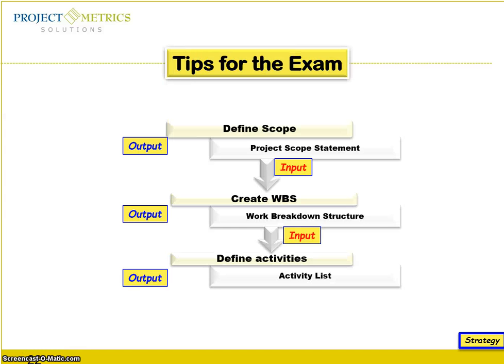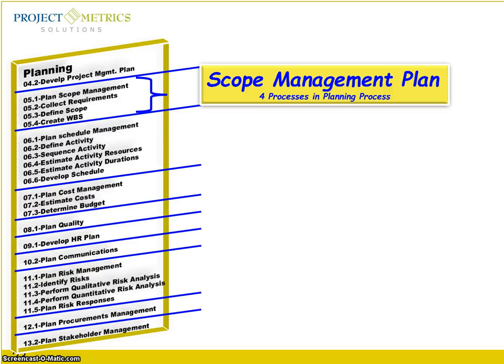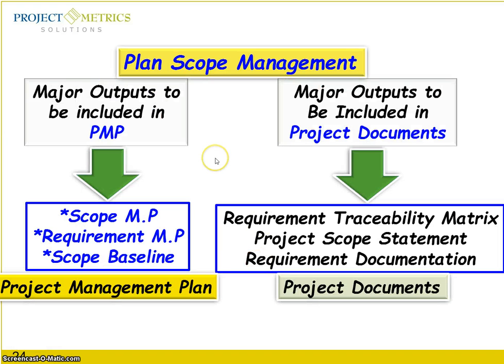As a tip for the exam, try to follow the input, which is the output used as an input, while you are planning your scope management plan. As you see here, it is 4 processes. Let's see what the 4 processes are. The major outputs of plan scope management